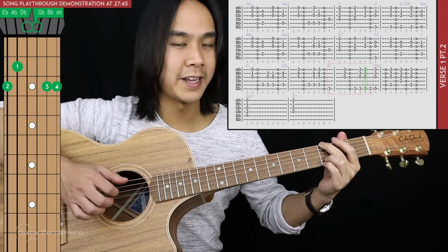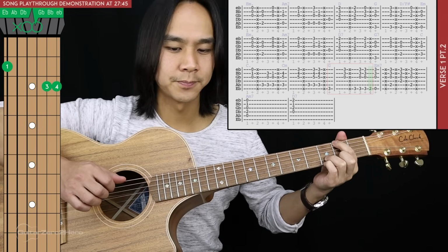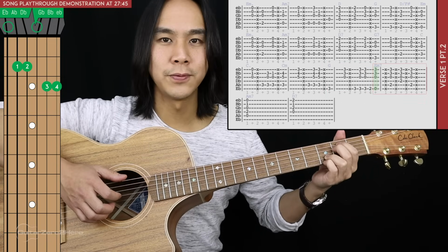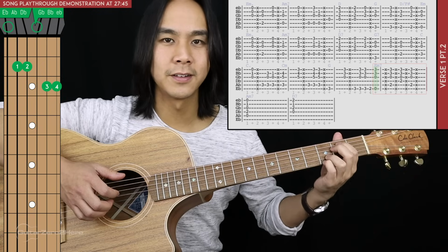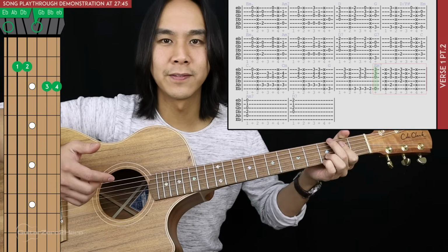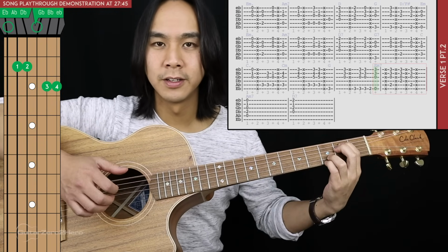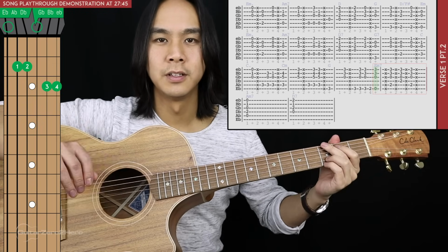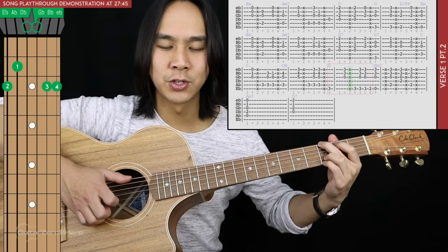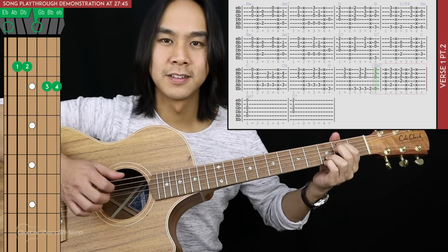Then we go down with our index finger to the 2nd fret of the 6th string. Then we go to an E minor 7, so just take these 2 fingers and put them on the 2nd fret. At the same time, we still need to keep our ring and pinky finger on the 3rd fret of the 2nd and 1st strings. And then you're going to do a full pinch on that E minor 7. And so far from that G chord shape, and 1 and 2 and 3 and 4 and...